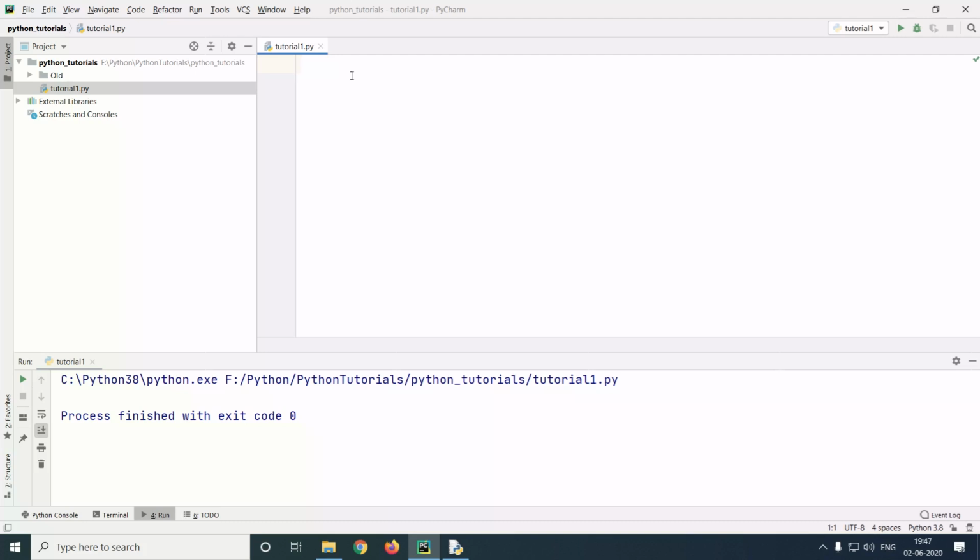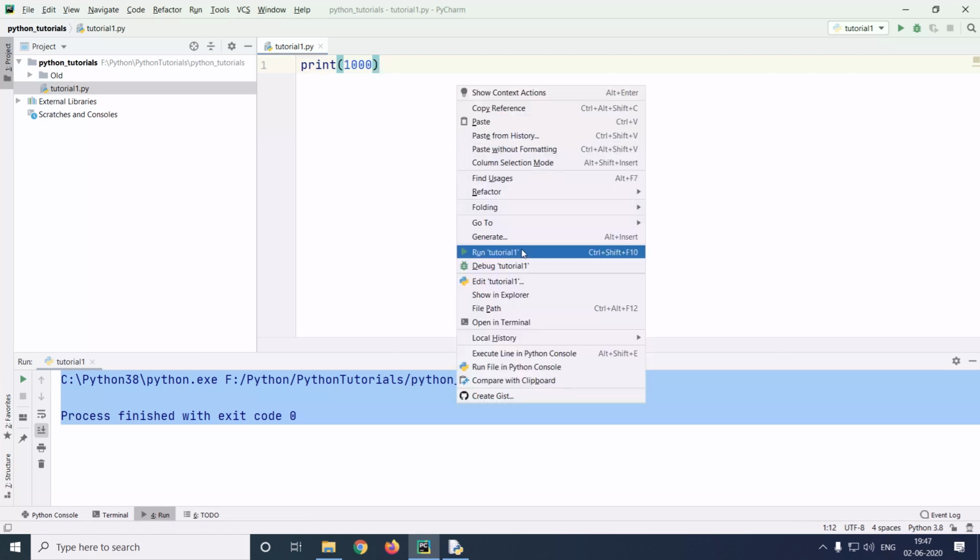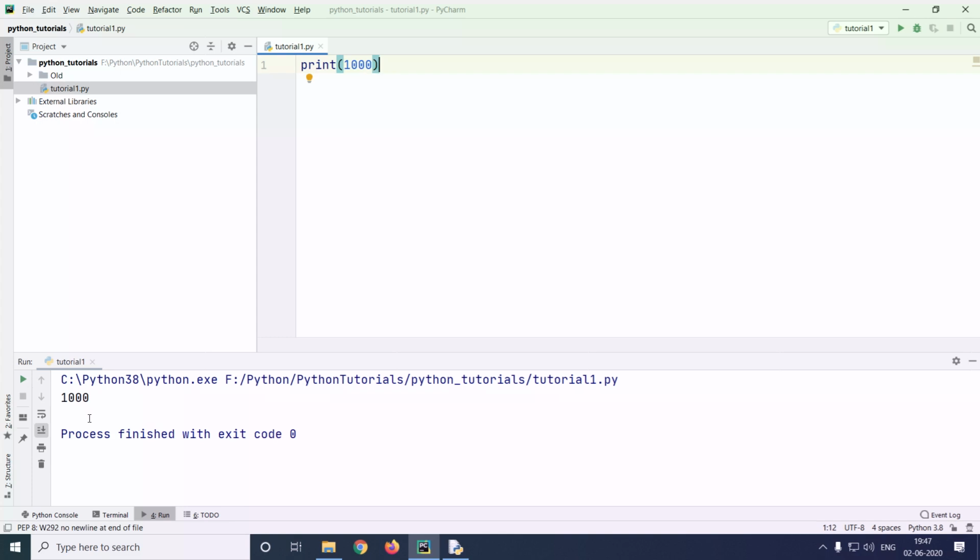Now that you know how to execute a Python file, we'll learn our first command for today, which is the print statement. The print statement is used in order to display information to the user. Here in our case, since we are using PyCharm, it is displayed in the console window right here. To use the print statement, simply type in print. This has to be followed by these brackets, also called your parentheses, and then give the number of your choice inside of these brackets. The moment I run it, you'll see the same number being printed in the output console window right here.